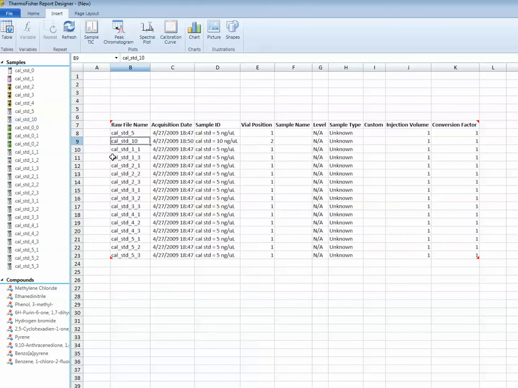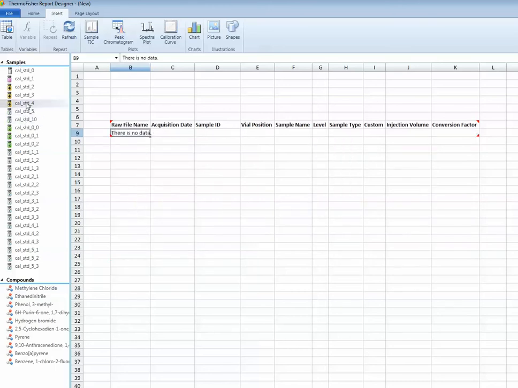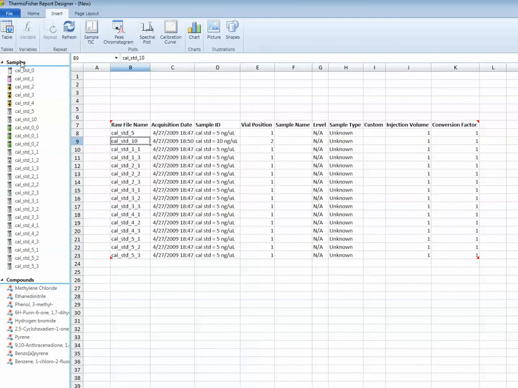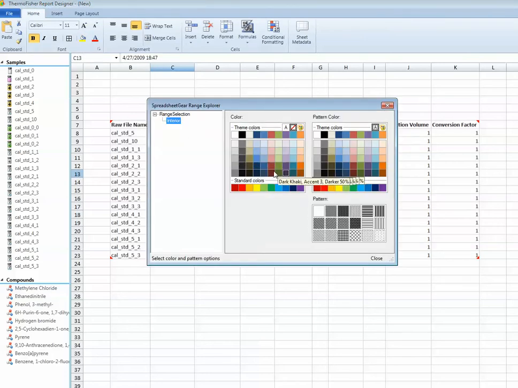And note that this table is also subject to the currently selected sample on the left. So both filters apply, both the filter from the table and the filter from the context item selection. You'll see as I apply formatting to the top row, that formatting is replicated through all the rows in the table. If things get a little bit out of sync, you can choose refresh